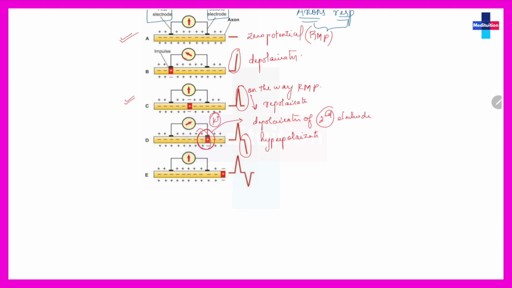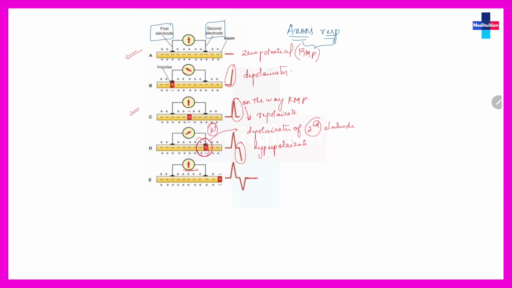Because as we know from the first, we have two electrodes, so then it comes to the normal position, to the baseline. So this shows your recordings of the axons when it was being connected to your electrodes, either the first electrode or the second electrode, which makes your potentials recorded. Here comes one more potential while we are recording this, that is your potential of compound, which we call compound